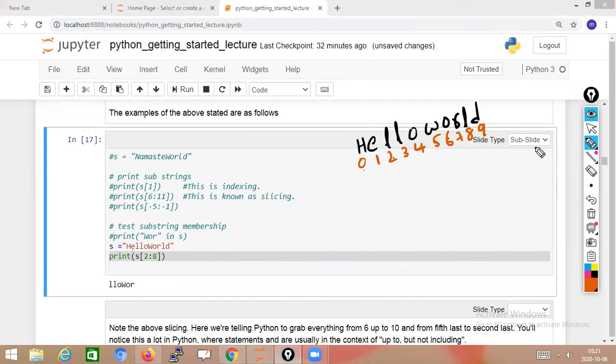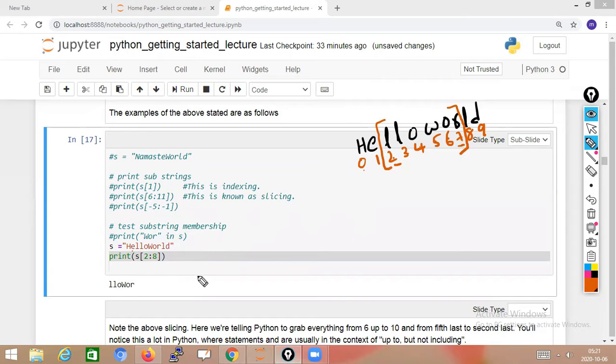Now we analyze this output. It starts from LL, then O, W, O, R. So it is starting from index 2 and ending at 7. Remember, when you write 8, it stops at 7.